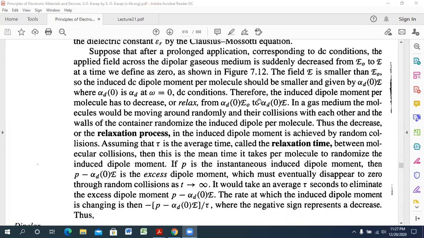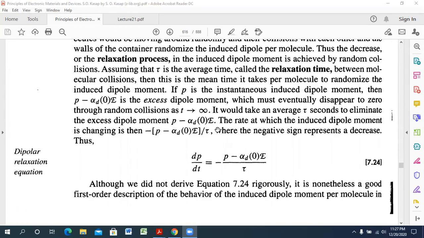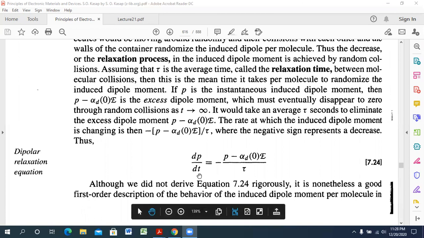Now, if we say the rate of decrease, if the peak point is P, then it is P minus alpha d0 multiplied with E. With this rate, that one is decreasing. So we can define this rate of decrease. This rate of decrease equals delta P divided by delta t. That means the rate of decrease of polarization with respect to time equals P minus alpha d E divided by tau,